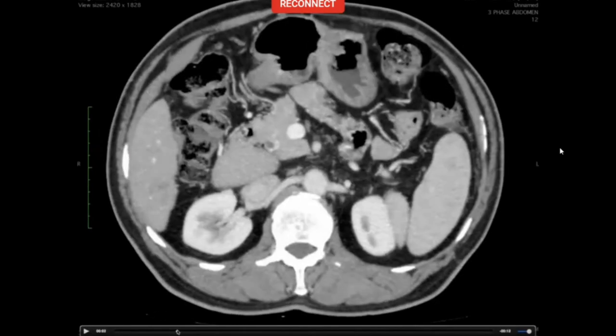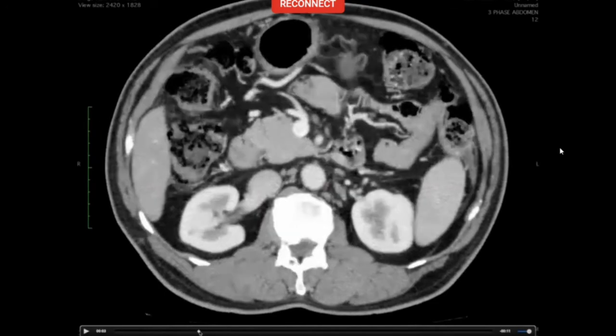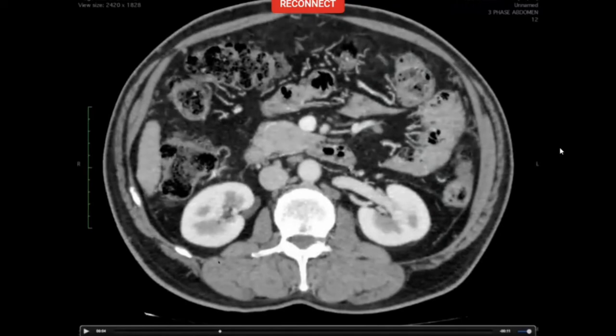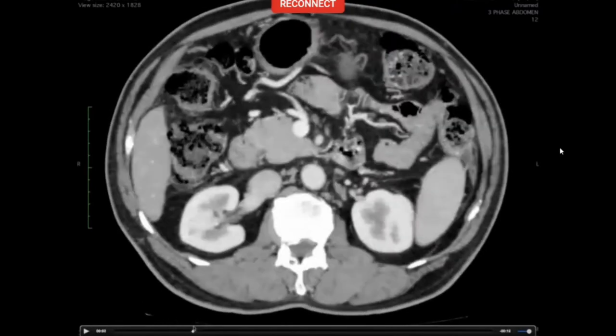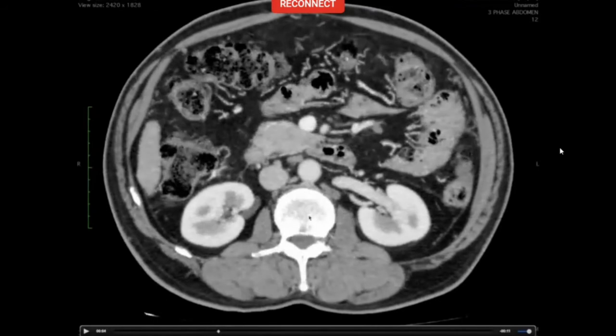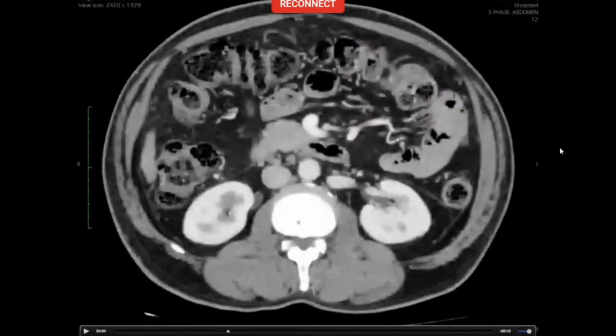Coming further down, we want to see where is the transverse mesocolon. So we look at our gastrocolic trunk. We follow. So this is the vessel that is coming from the right colon, so this would be the mesentery of the right colon. Then we go up. This is the vessel that is coming from the left colon, so this would be the mesentery of the left colon. See this is the colon. Along its mesenteric attachment from here to the pancreas, you would see the transverse mesocolon. Anteriorly, you can see some vessels which come from the gastroepiploic artery. That is the greater omentum.